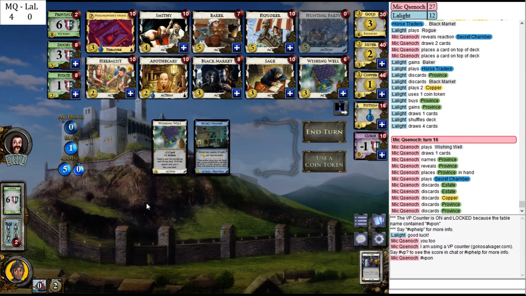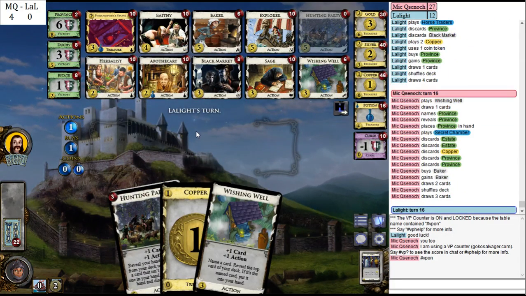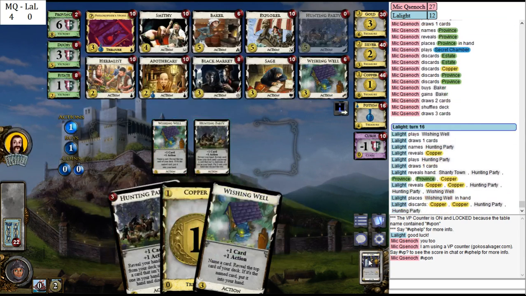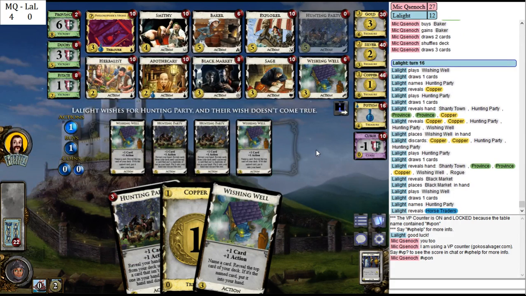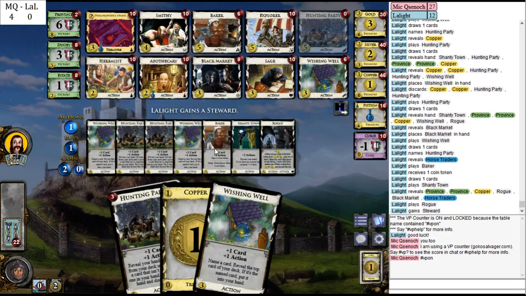Oh, I don't have enough quite. Well, I can just buy a baker. I don't have to buy duchies yet. I'll probably win this one. It's going to be really hard not to province on this hand. I could achieve it, but